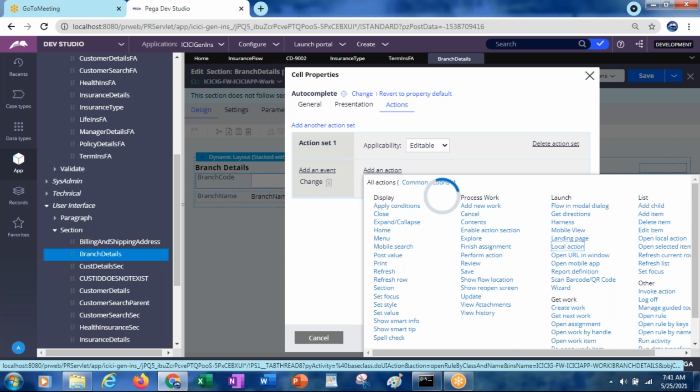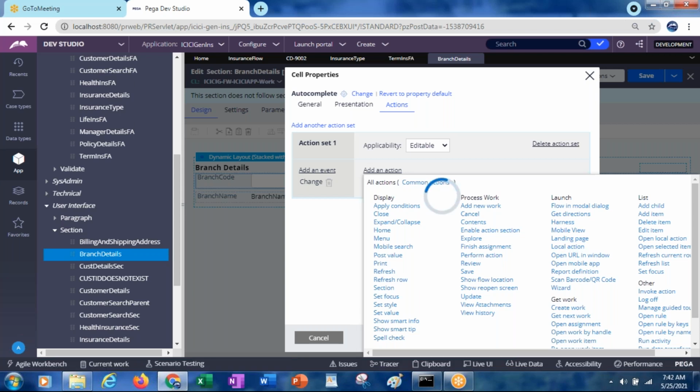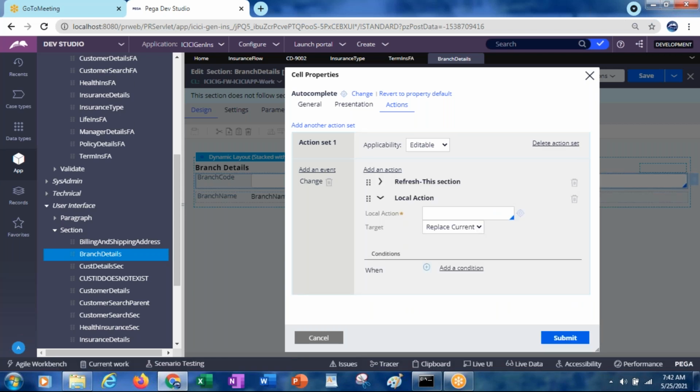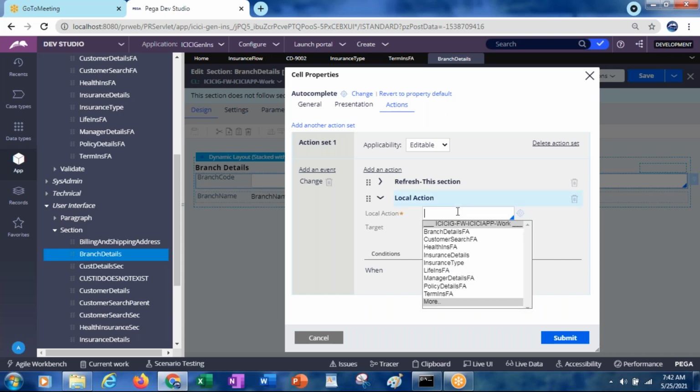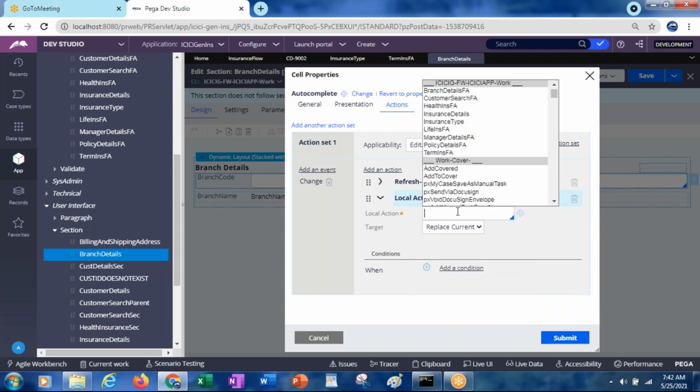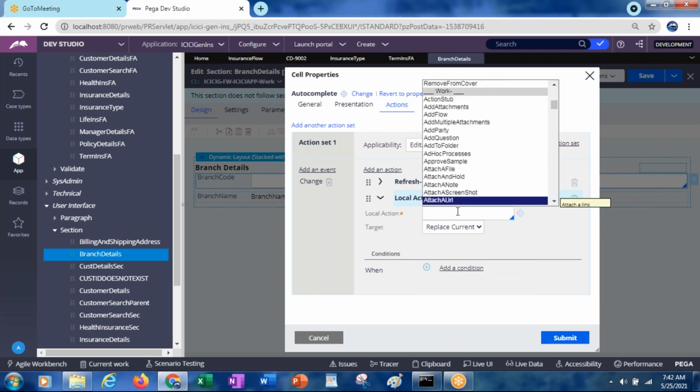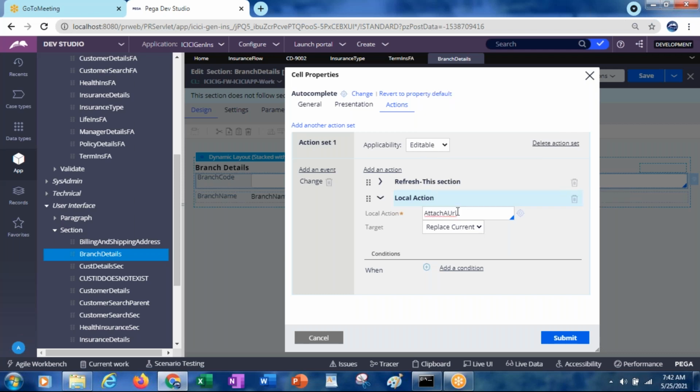If you select it, it will display the local action which you wanted to display. So these are the places where we can refer to and call the local actions.